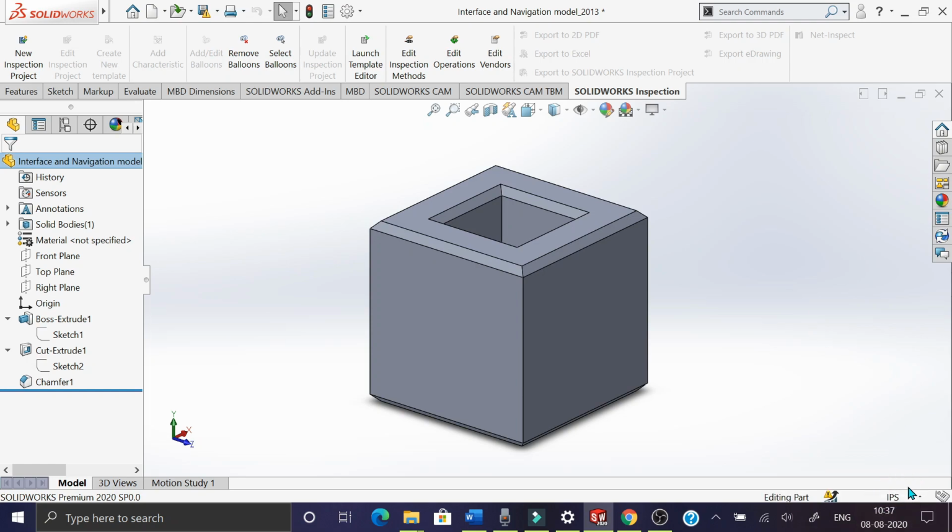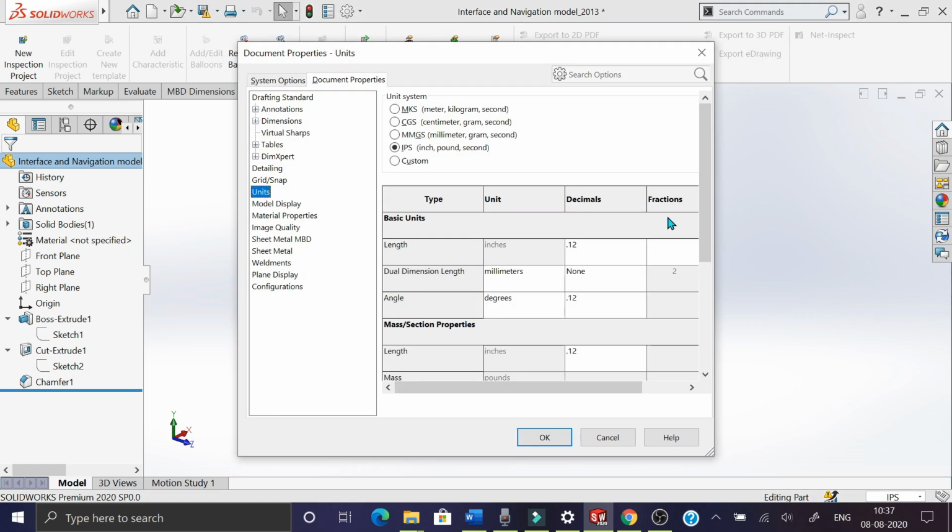In my case, it says IPS, which stands for inches, pounds, and seconds. If you click on it, you will get multiple options of measurement units to choose from. And if you need another combination, you can click this Edit Document Units. When you do that, you will have an additional option, which is to make your custom unit.